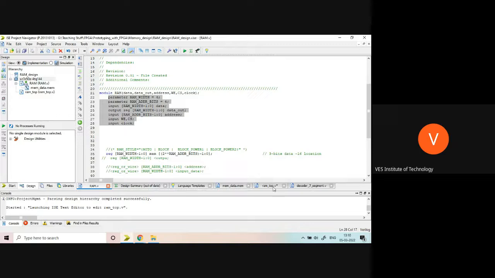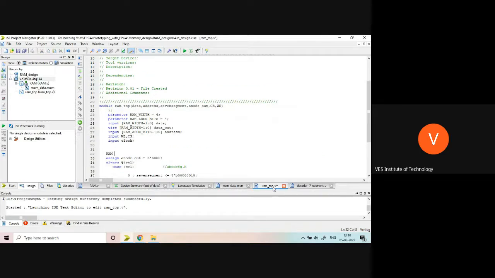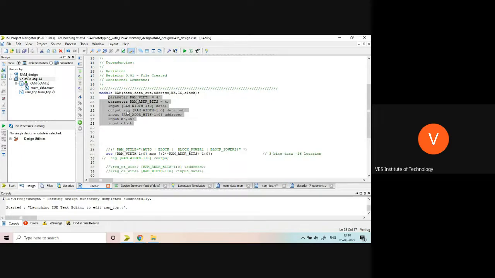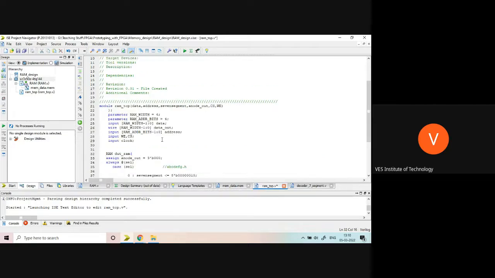RAM, capital RAM. So RAM and DUT RAM is a label, and the ports connection will be data out, address. So I will mark it as data out as it is. Only thing is that here it is a wire.